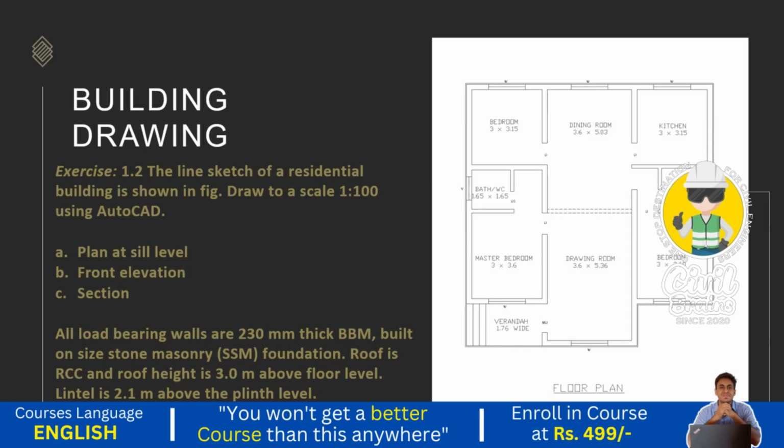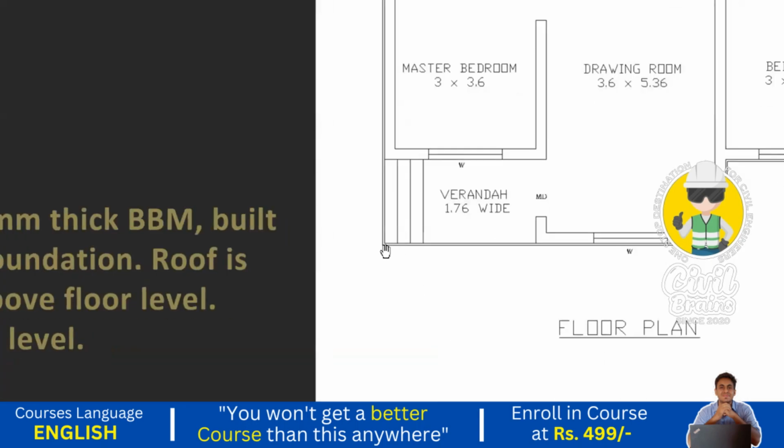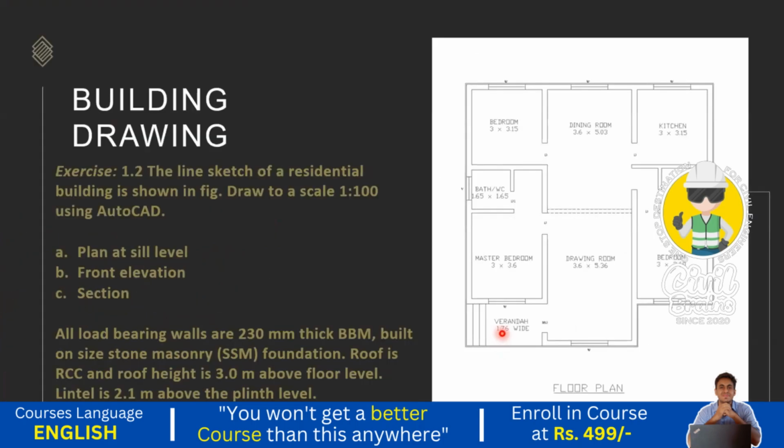So how to calculate that? From this point, we don't need to take the offset, we just want to start from a clear point. Let me zoom in. From this point we need to start and calculate. So length is equal to 1.76 meter, this width, plus 230 mm, that is 0.23 meter, plus